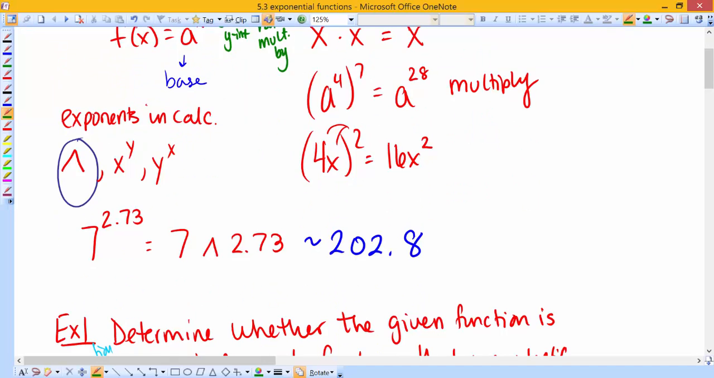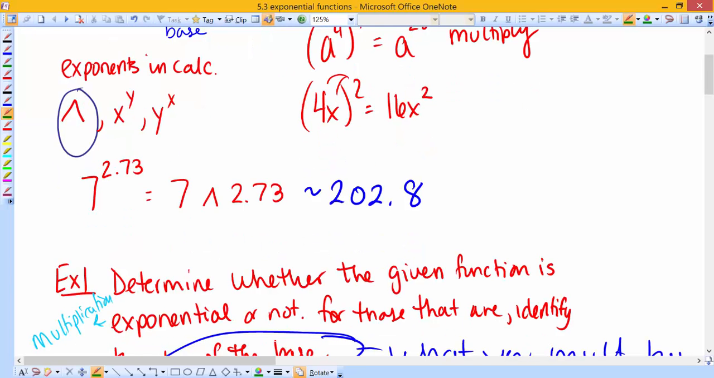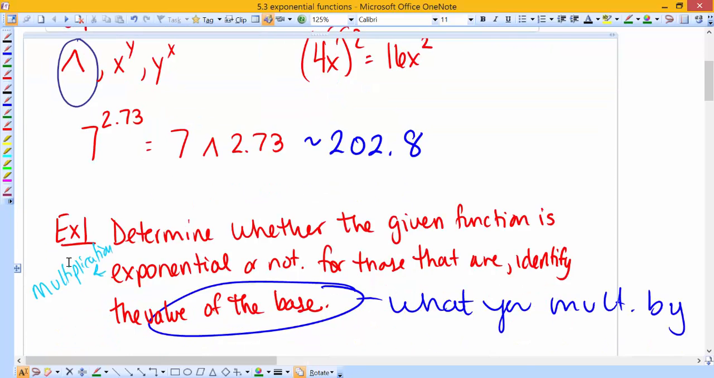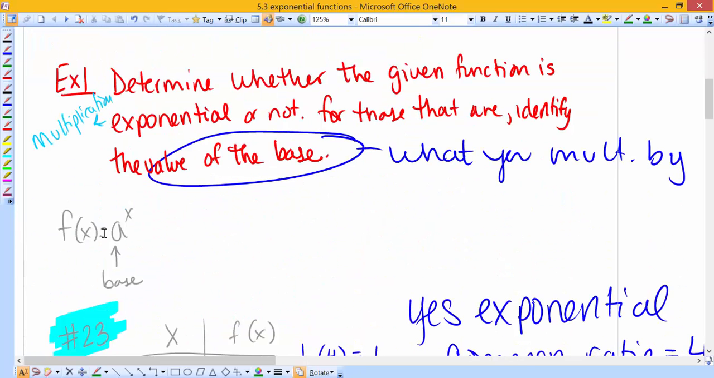If you want to practice using exponents in your calculator, here's one that you can practice using to make sure you understand how to use that button, because we will be using it as we move into graphing. So this first example,